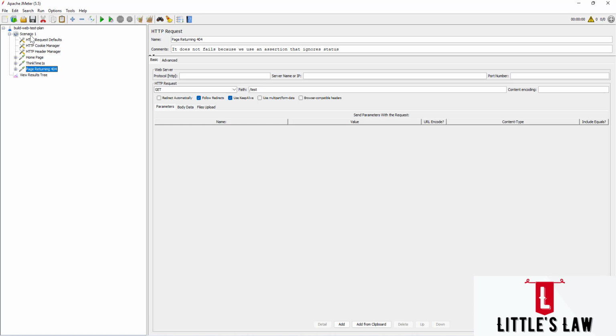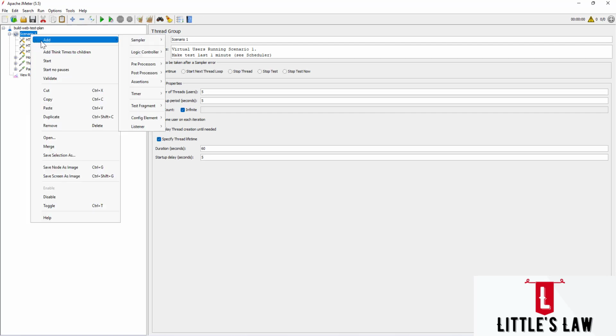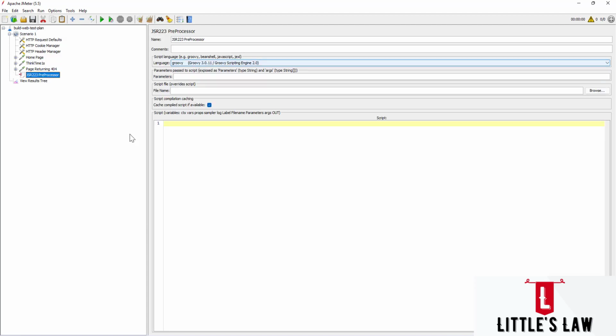So now let's see how to add a JSR223 preprocessor. For that, I right-click on the thread group, choose Add, go to Preprocessors, and the first preprocessor is the JSR223 preprocessor, and I select it. So we have added the preprocessor. Let me drag it to the top. So this is how we can add the JSR223 preprocessor, and it has various areas, like the name